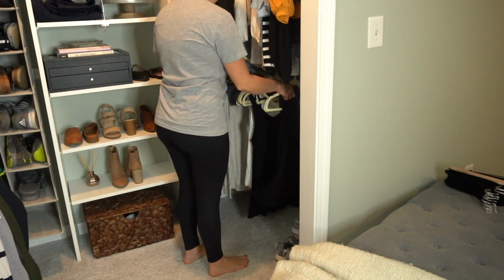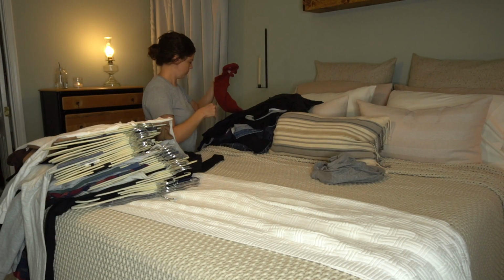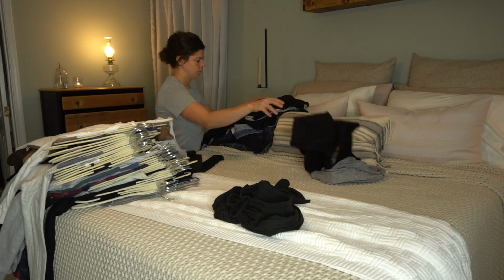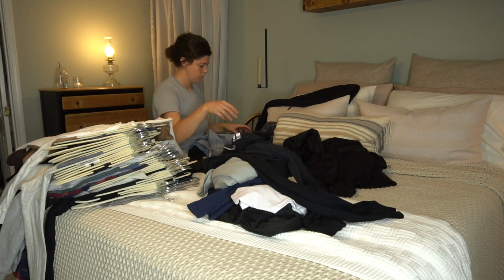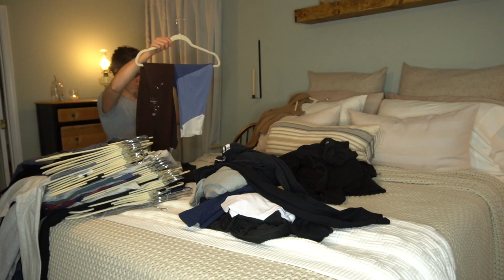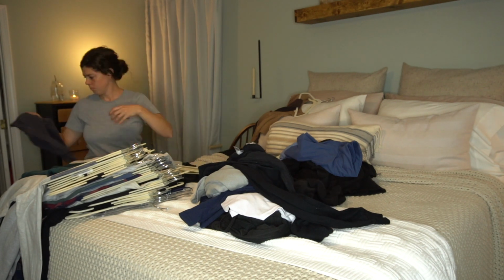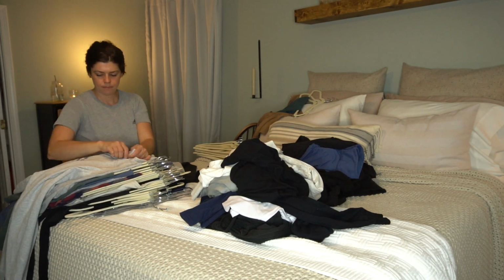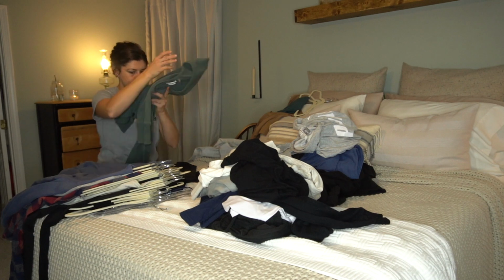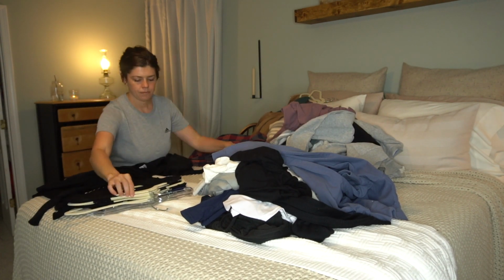With each new season change, I always like to go through my workout clothes and my loungewear clothes. Now, when doing a capsule wardrobe, you don't include loungewear or workout clothes within that wardrobe, but for me, I still like to go through these articles of clothing and condense them down to 7 workout outfits and 7 loungewear outfits with each new season. And the reason I do this 4 times a year is just because it helps me to keep on top of things, because throughout each season, sometimes the clothes get worn out or my style changes and I don't like